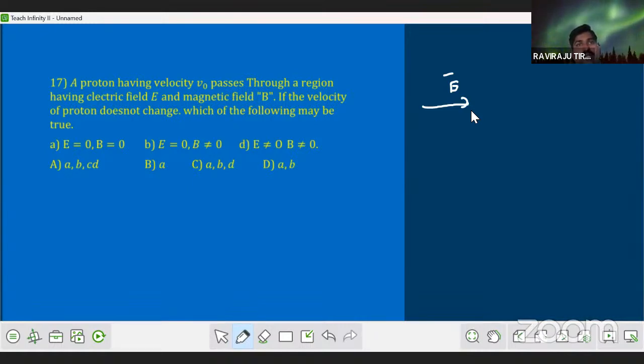Force will act on that only, na? Force act అయితే ఏమవుతుంది? యాక్సలరేషన్ ఉంటుంది. యాక్సలరేషన్ ఎంత అవుతుంది అప్పుడు? EQ by M. యాక్సలరేషన్ ఉంటే ఏమవుతుంది? దాని స్పీడ్ పెరిగిపోతుంది. పోనీ if electric field is opposite to proton's motion,